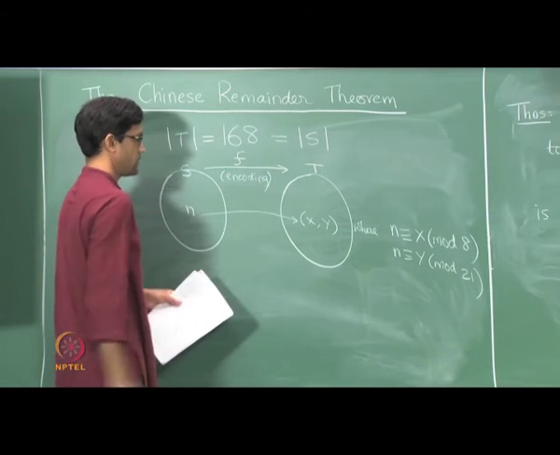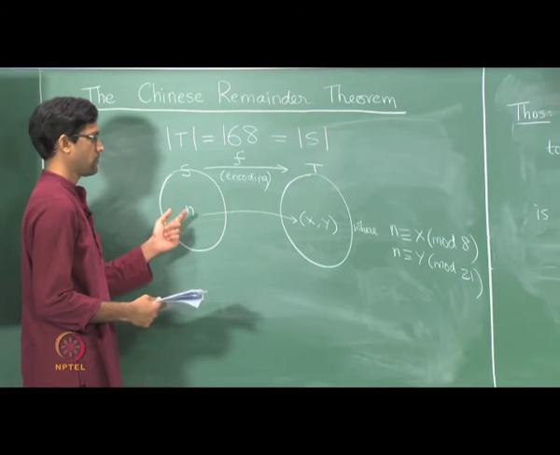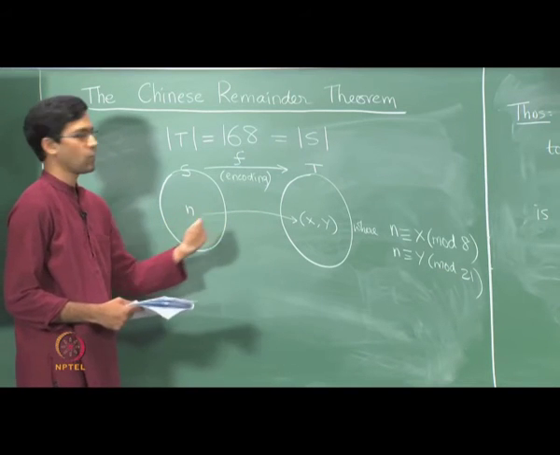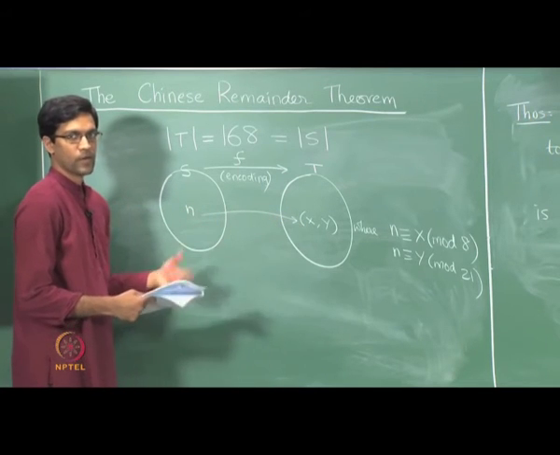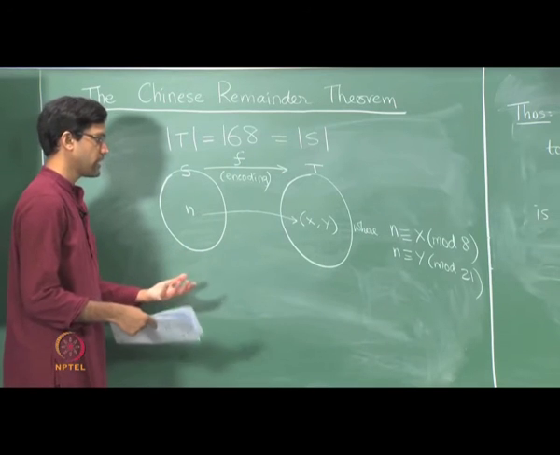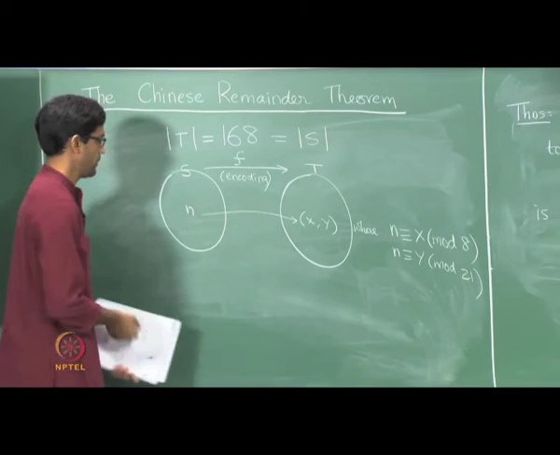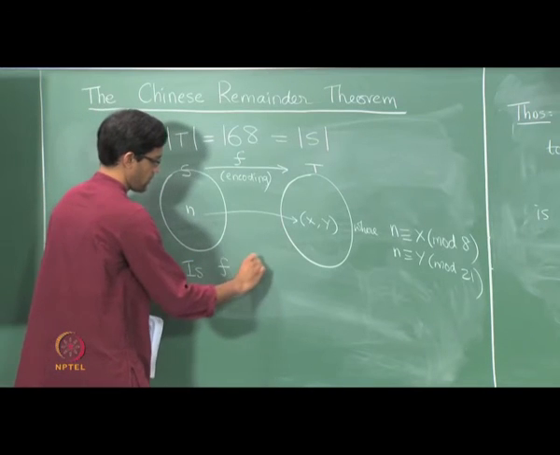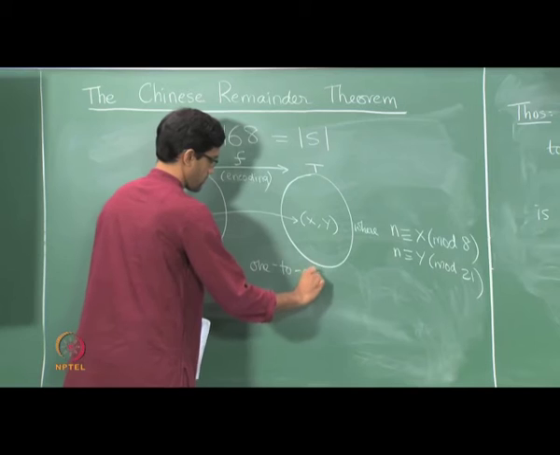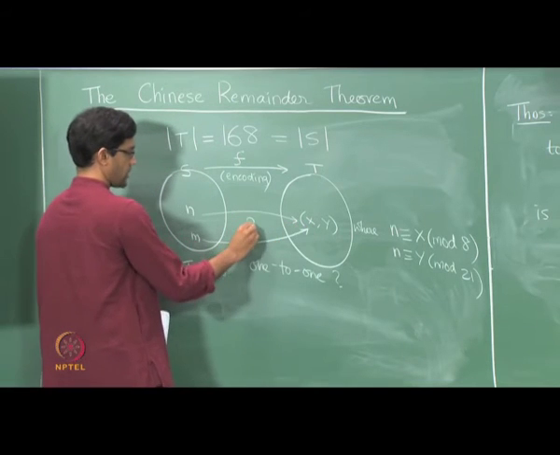And now here's the natural question you can ask. What sort of properties does this map have? For instance, is this encoding a faithful encoding? In other words, can 2 different numbers lead to the same code? Okay? So I would ideally like codes to be faithful, in the sense that I would want different numbers to be encoded as different things, right? So let's ask that question, is f a one-to-one function? Is f one-to-one? In other words, can it happen that I have two different numbers n and m which lead to the same answer here, to the same code? Can such a thing happen?